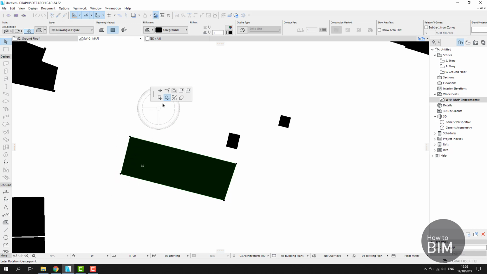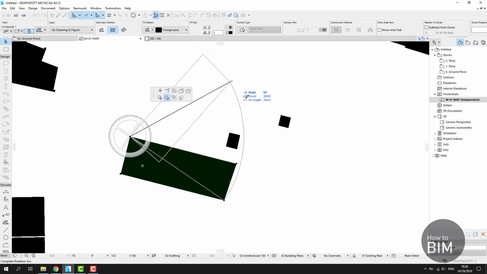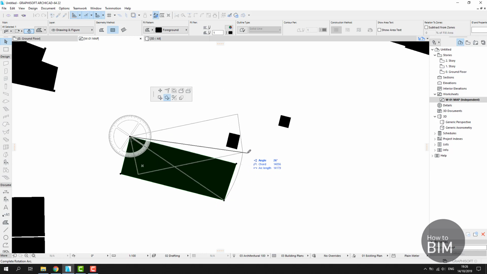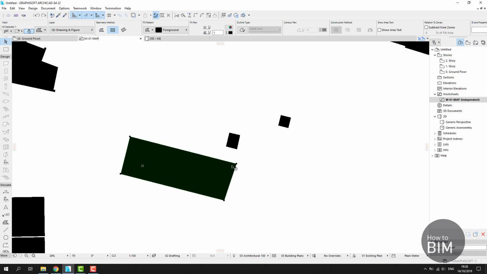So that means if I have this rotate tool selected, it says enter rotation center point. This is my center point of rotation. Enter rotation arc start point. So if I click on this point, it rotates along the center with this point. Okay,